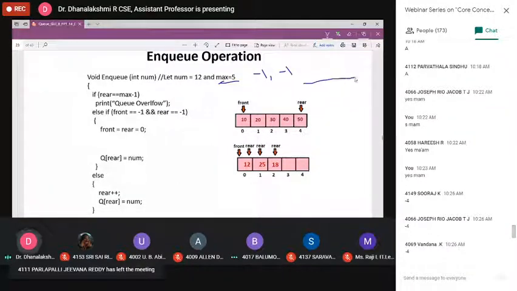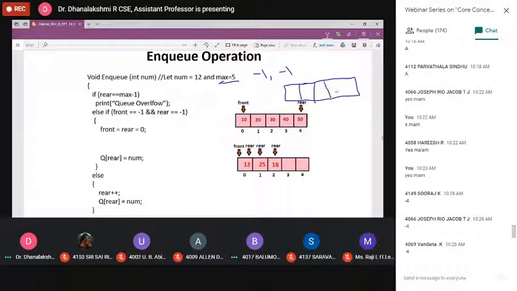See, consider this. This is my index 0, always starting from the 0th index, then index 1, 2, 3, 4.